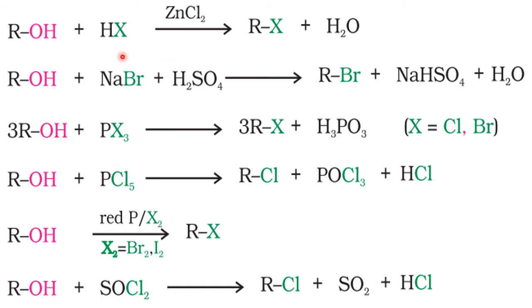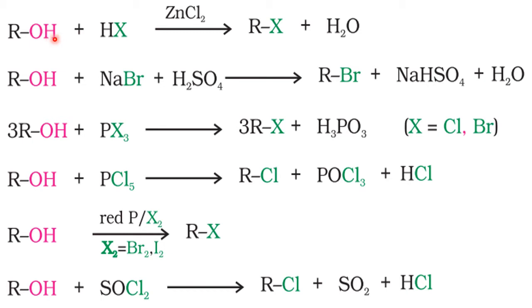So a variety of steps are there. Either you can use hydrogen halide, or you can use the combination of these two, or phosphorus halide, or if you don't have phosphorus halide, you can combine red phosphorus with halogen, so that you can prepare any one of these two, and again the same reaction proceeds. Okay, or you can go for thionyl chloride. Only those compounds are preferred where halogen is there, so that from those compounds halogen goes and removes the OH and makes a bond with R, so that RX is made. What is RX? RX is haloalkane, or the haloarene, or the alkyl halide. Okay, so in this way alkyl halides are prepared by using the alcohols.